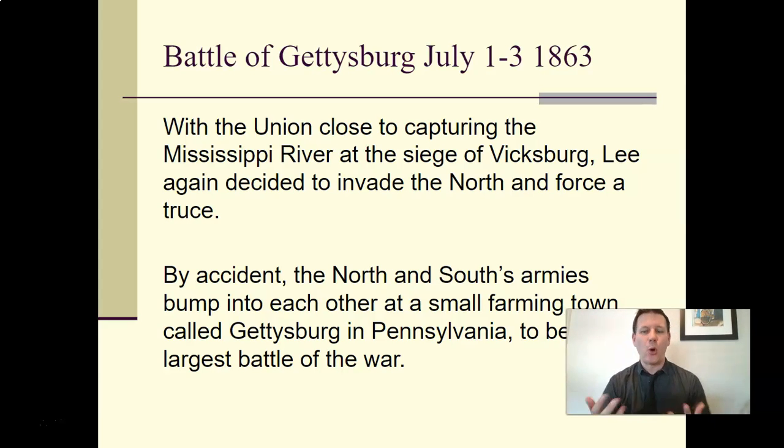And Vicksburg is holding out as long as they can. They're surrounded. General Grant is there, shelling them every day, but they refuse to surrender because they know if they do, the North will have cut the Confederacy in half. Robert E. Lee, Southern general, has to do something to save Vicksburg because it would be a disaster for the North to take control of Mississippi.